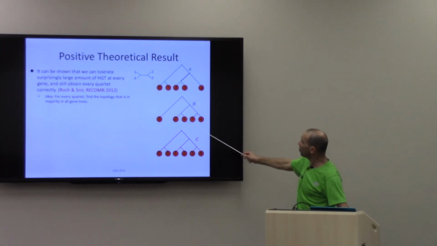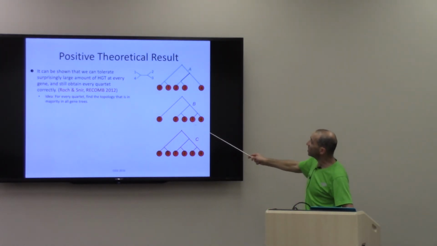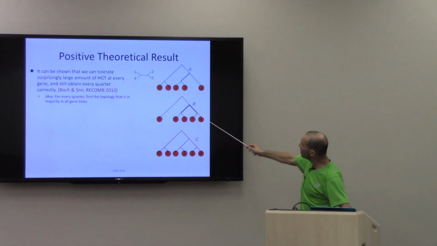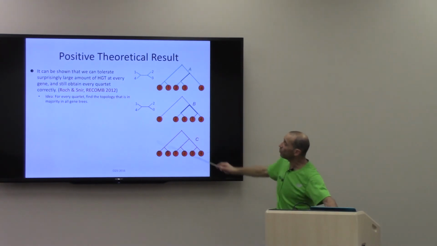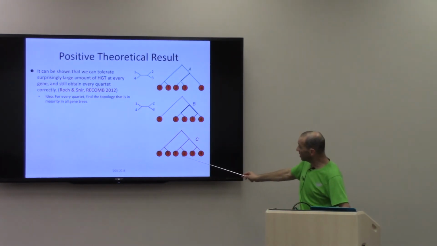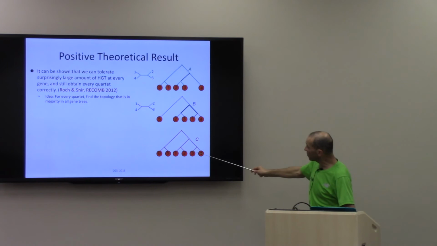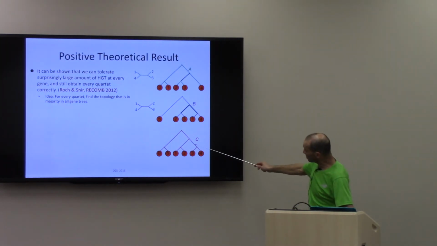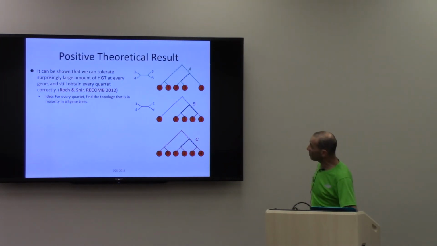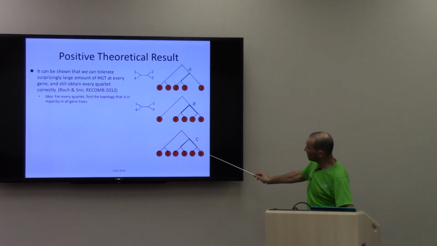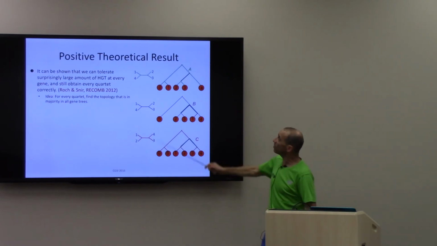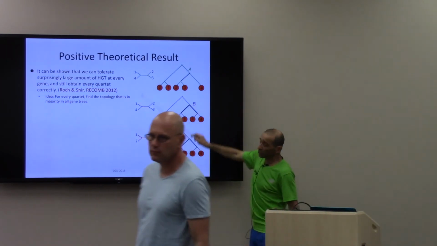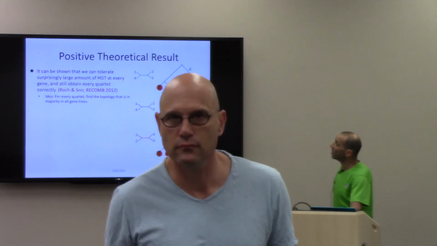What is the topology over the same guys here? It is, again, 2, 3 separated from 1 and 4. So we have the same topology. However, here it is 1 and 2 versus 3 and 4, separated by this path in the tree. But if we now do a majority voting, we get that this topology wins, okay?